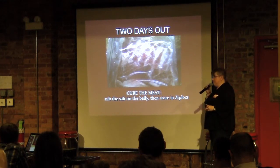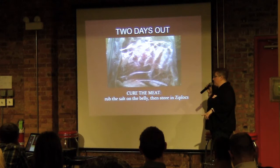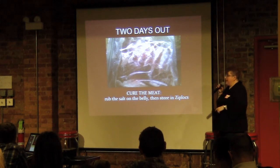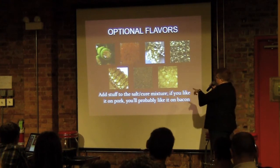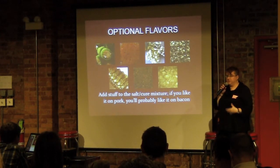2 days before you're gonna smoke it, you're gonna wanna take that pork belly, rub the salt mixture on it, and put it in a couple Ziploc bags. You might have to cut it up. When you're doing the salt thing, you could add special flavors. I've done garlic, honey, orange peels, masala spice, pineapple. If you like it on pork, you'll probably like it on bacon, so feel free to have fun with it